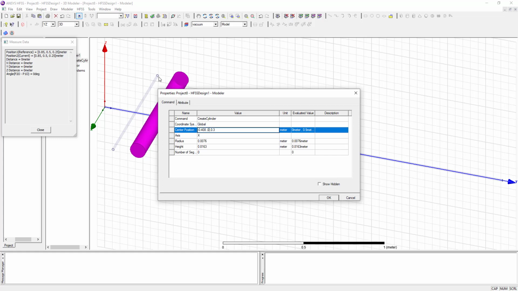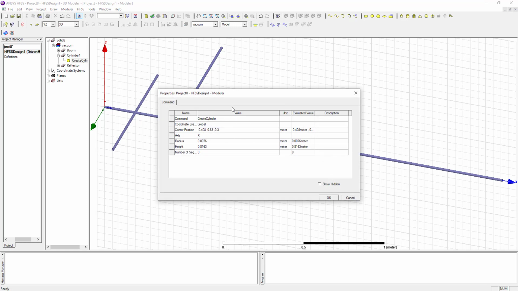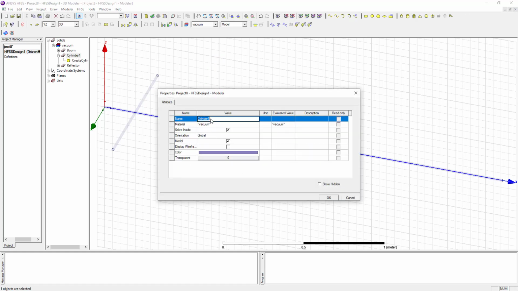The position of the reflector on the y-axis is 0.2, so add 0.2 plus 0.4300, which is 0.63 meters in the y direction. And again click on OK. The position for Z is 0. Now set the name also for this. This is our dipole.